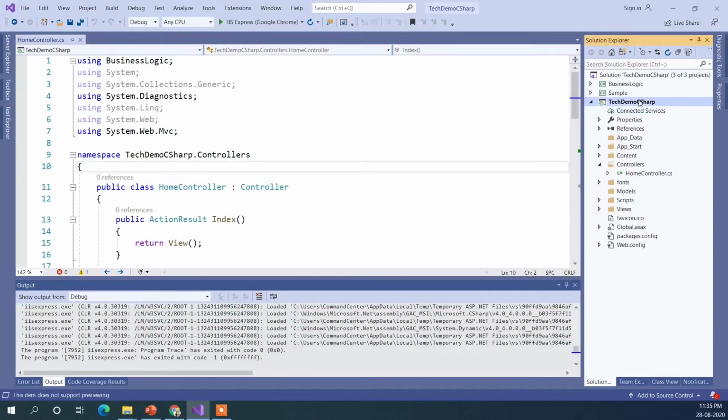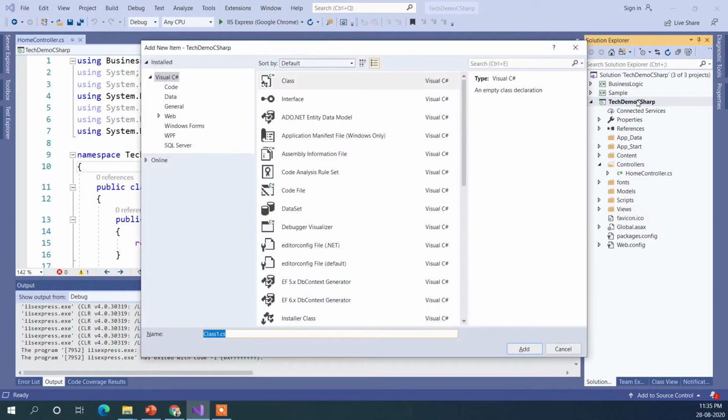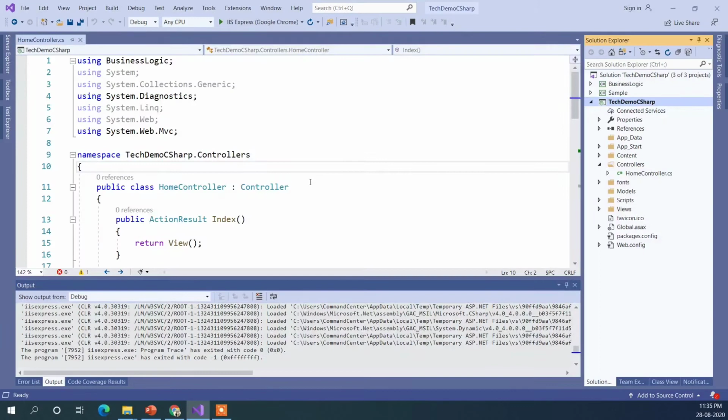Let me just click somewhere here and use the shortcut. As you can see, it will take us to the class dialog, and you can add a class. Similarly, you can see it there, or you can also add the shortcuts from there as well.